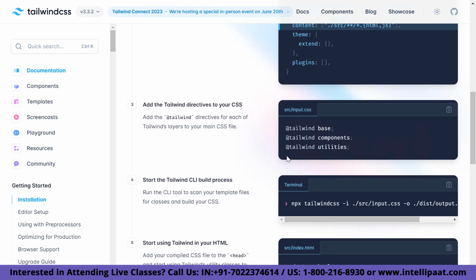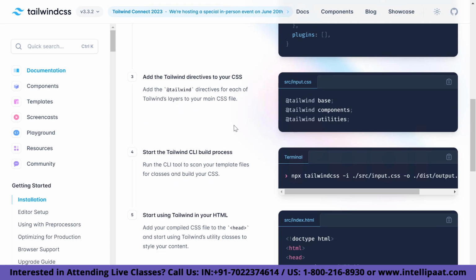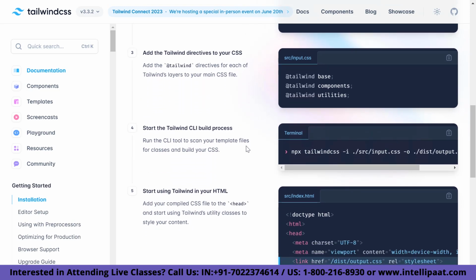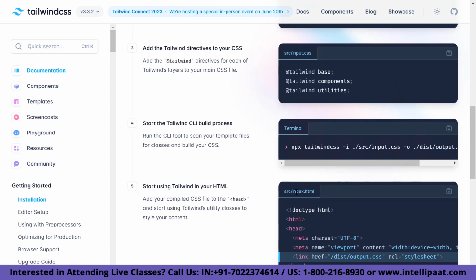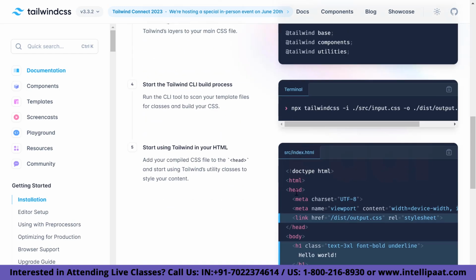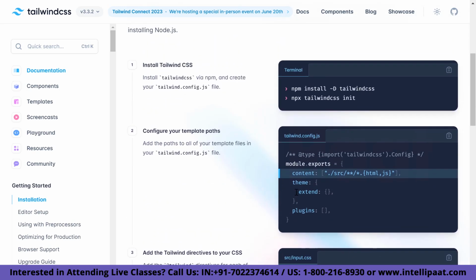Then you have to add the Tailwind directives to your CSS: @tailwind base, @tailwind components, and @tailwind utilities. Then you have to start the CLI build process, okay? And then you can start using it in your HTML, if you are using HTML as one of the tools to develop the UI. But in this tutorial,